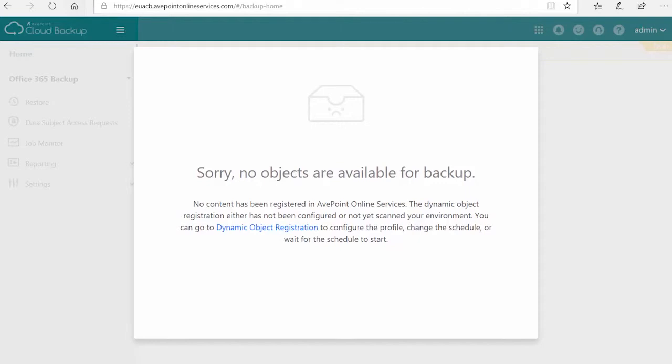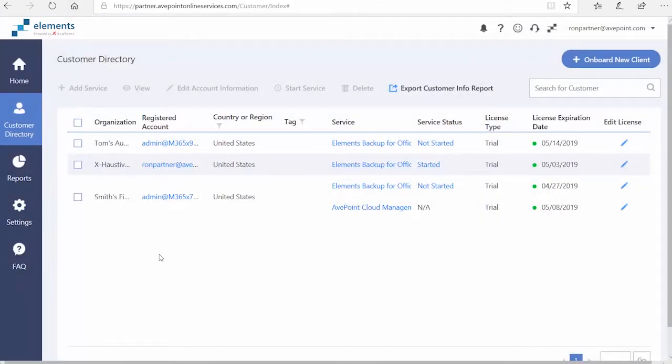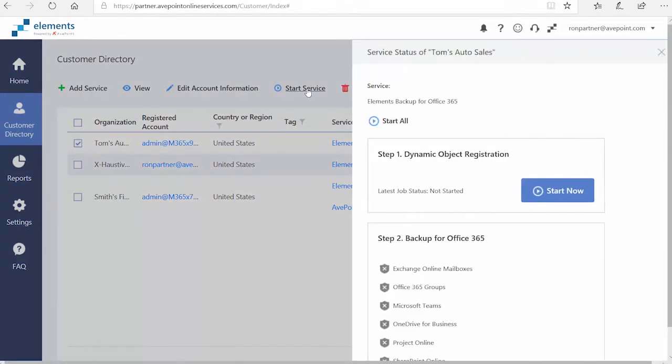If I go back to Elements for Partners, the third method, which is actually the best one to employ if you don't need to do a lot of custom dynamic object registration work and set up advanced profiles, is to select the customer and up at the top, click on Start Service. In this way, I don't have to go into the customer's AOS tenant. I don't have to go directly into the service itself. These configurations here are designed to allow you to set this up and kick it off from the Elements for